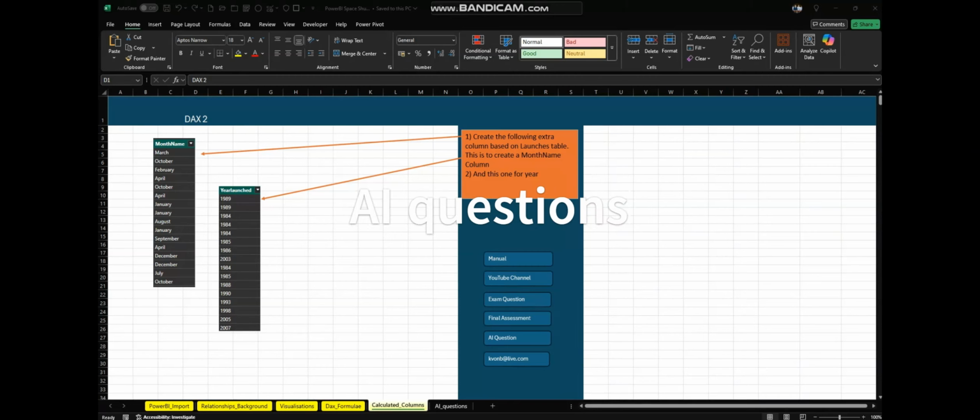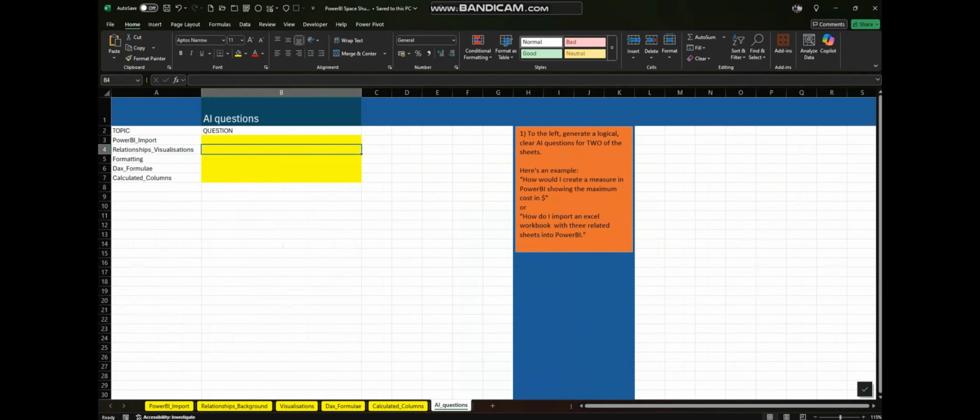Finally, an added value I provide is the ability to create an AI question. In AI, there are such things as bad questions, and so we teach our delegates to create good ones. There are examples: How would I create a measure in Power BI showing a maximum cost in dollars? Or how would I import an Excel workbook with 3 related